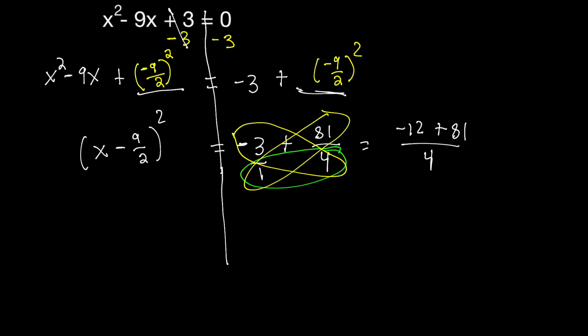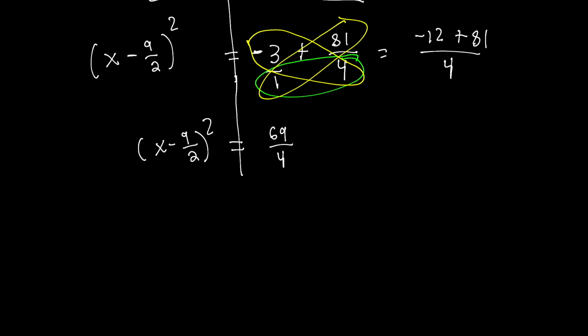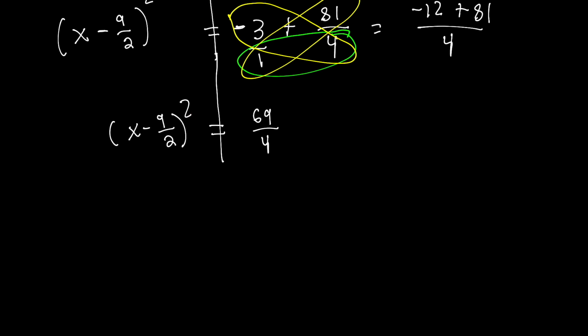On the left hand side here, I still have x minus 9 over 2. Since the 2 doesn't divide a 9, I'm going to leave it as a fraction. And on the right hand side, negative 12 plus 81, that's going to give me a 69. So we get 69 over 4. To eliminate the second power, we're going to take the square root on both sides. On the left hand side, the square and the square root cancel out, giving me x minus 9 over 2. On the right hand side, well, first of all, we're going to get plus or minus, but notice that 69